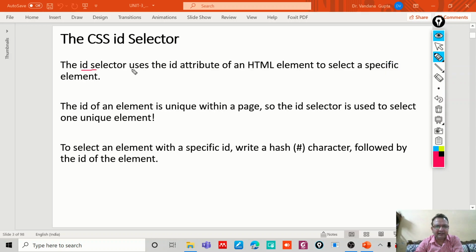We provide the ID to a particular HTML element and then use that ID to select that element to provide a style. The ID of an element is unique within a page, so the ID selector is going to select a particular unique element in the HTML page. In order to select an element with a specific ID, we put a hash character followed by the ID of the element.